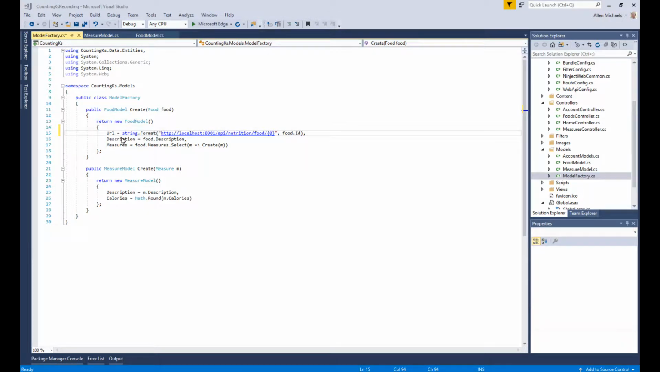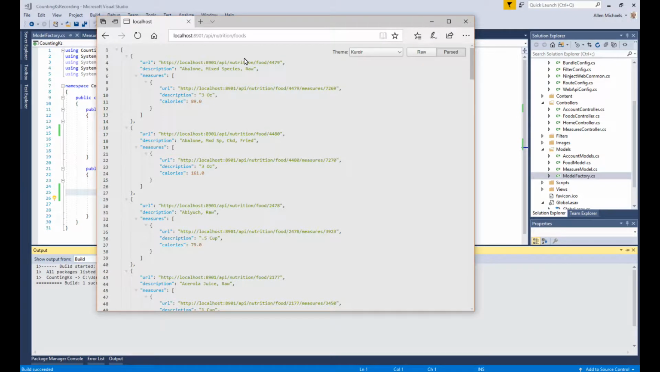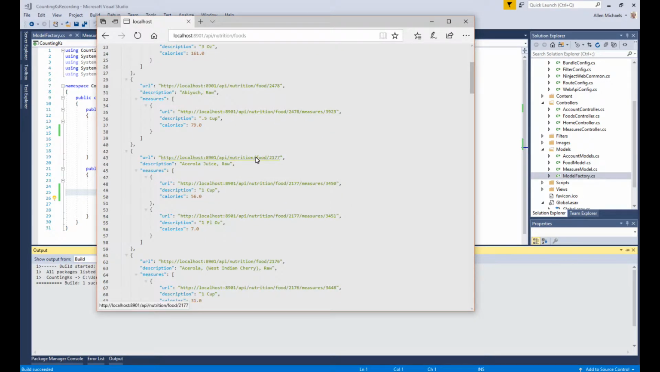Here I assigned the URL using string.format and then our localhost link, which kind of mimics our route, and then we just pass in the ID of the food. We can do something very similar for the URL of our measure model, except we're going to have two IDs here. So now if we run this, in our collection of foods we will see that each one has a link that shows exactly what's displaying. For example, if you click on one of these,